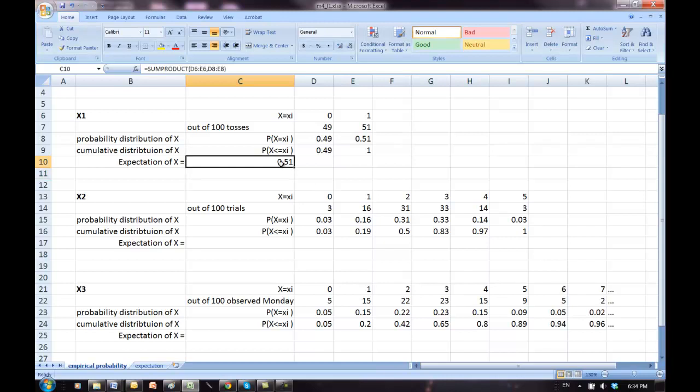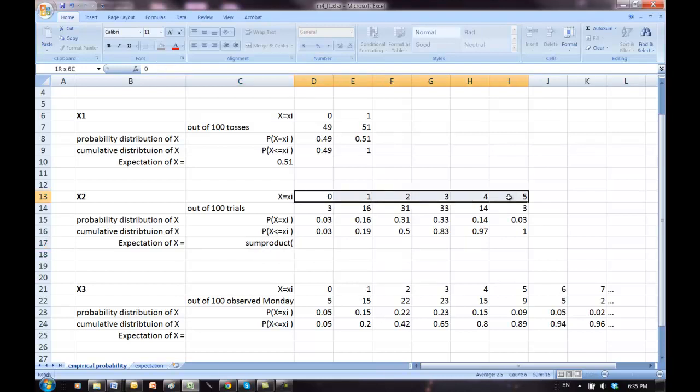Again, this is calculated by multiplying the value by its associated probability, and summing up the products. And that's why we use the sum product for calculating expectation of x. And similarly, the expectation of x2 will be sum product,